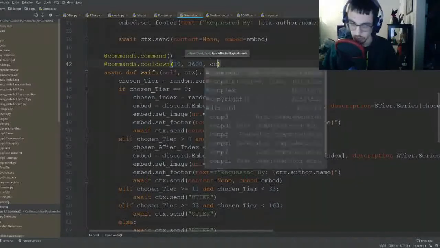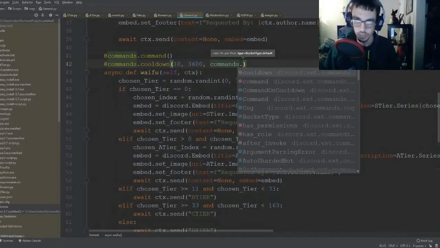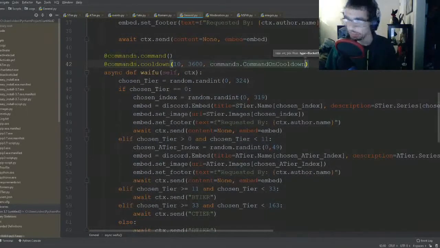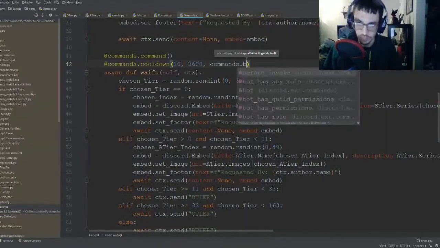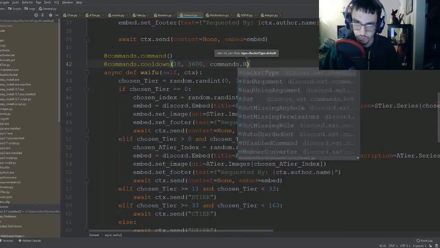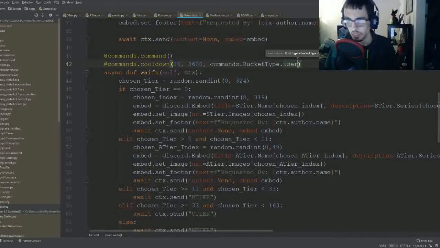So it's going to be commands dot bucket type dot user,